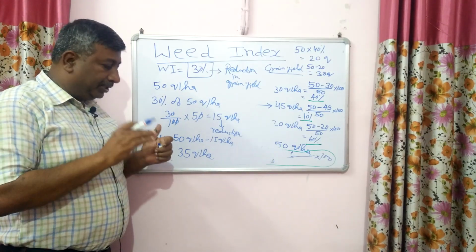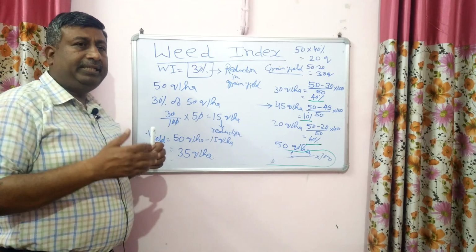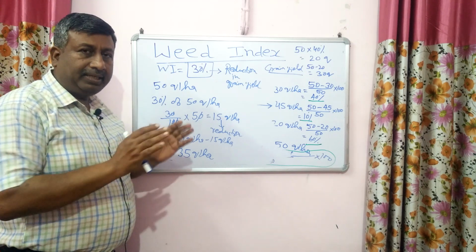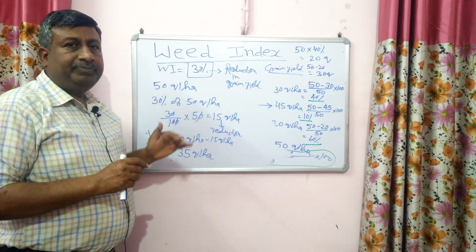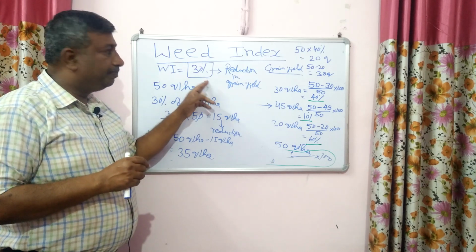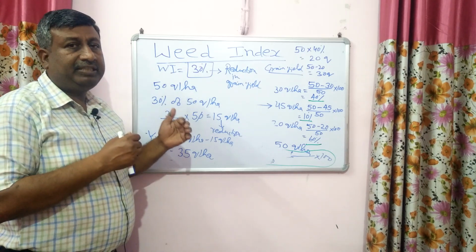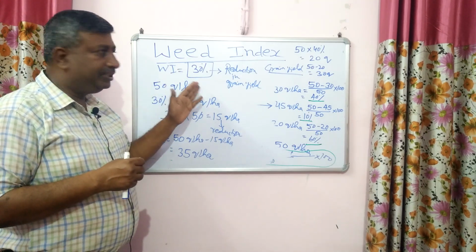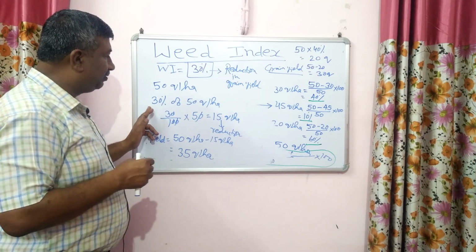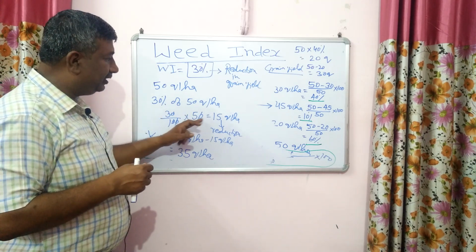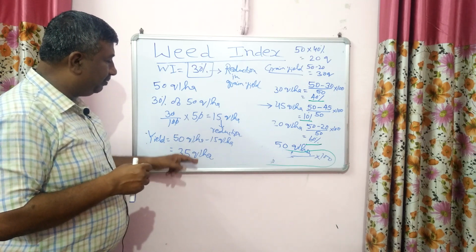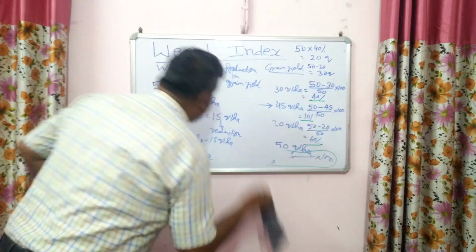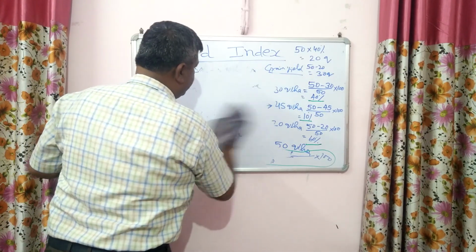ये confusion है कि weed index 30% तो हम कहेंगे कि हमें जो grain yield मिल रही है वो weed free की 30% मिल रही है. नहीं, ये गलत है. जो हमें yield मिल रही है वो weed free crop की 30% reduction होकर के मिल रही है। तो actual yield कितनी मिल रही है? Actual yield इसका मतलब है 70% मिल रही है। तो हम क्या करेंगे, पहले reduction निकाल लीजिए, 30% reduction। We can calculate, weed free crop 30% of 50 quintal, that is 15 quintal. हमने 15 quintal को घटा दिया, तो इसका मतलब 35 quintal। तो ये एक indication है weed index, जिससे हमें पता चलता है कि how much